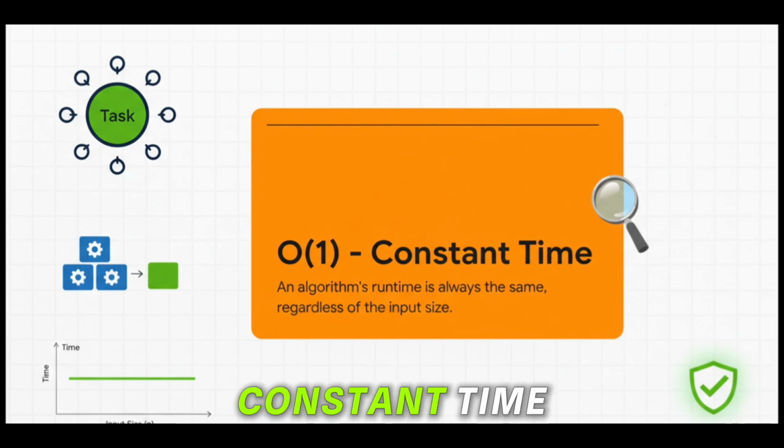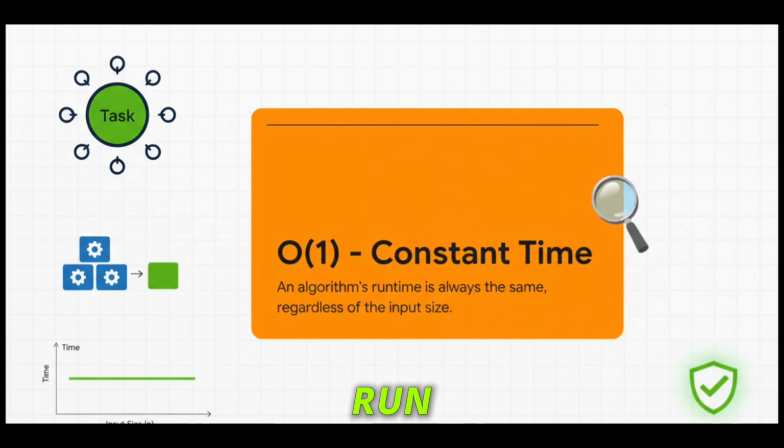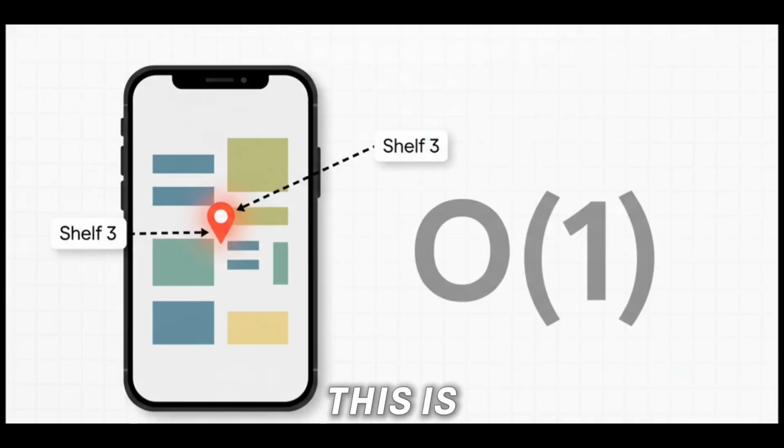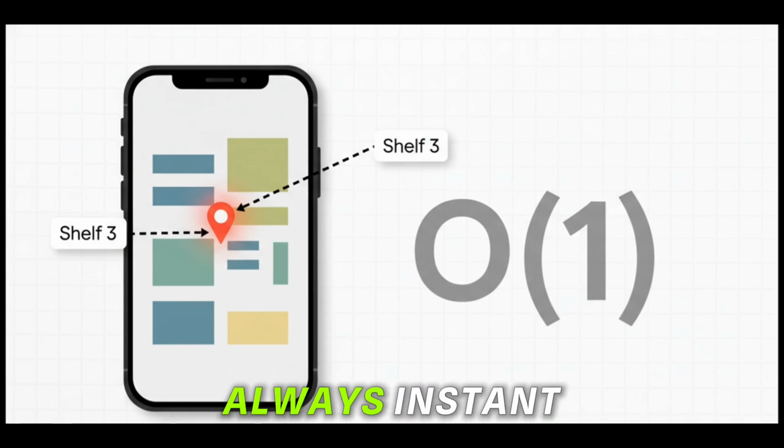First up, we've got the absolute dream scenario. O(1), which we call constant time. This is the holy grail of efficiency. It basically means your code takes the exact same amount of time to run whether you give it 10 items or 10 million. Back in our library, this is like having a magical app. You just type in the book title and bam, it instantly tells you aisle 7, shelf 3, 5th book from the left. Think about it. Does it matter if the library is a tiny room or a massive, sprawling building? Nope. The time to get the answer is always instant.